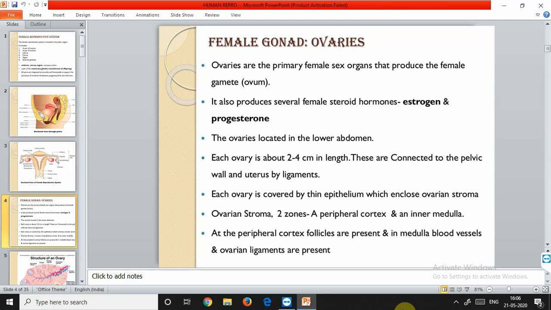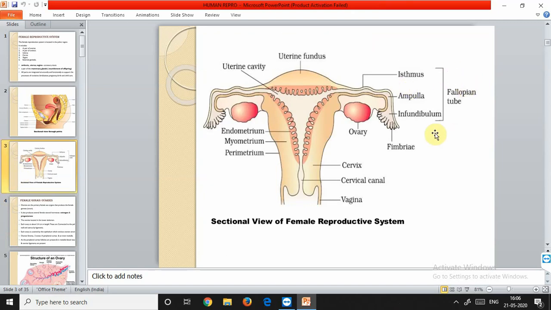So where is the fallopian tube? In the diagram you must have seen, this is the fallopian tube. The isthmus, ampulla, and infundibulum combine together to form a fallopian tube, and one ovary releases an ovum. The singular for ova is ovum, and one ovum is released from the ovary. This ovum is taken up by this fallopian tube. It is a funnel shaped structure, and it has an opening. Through this opening the ovum enters.